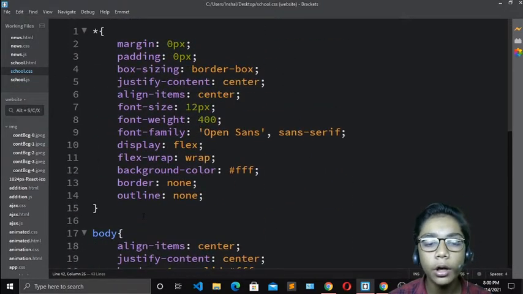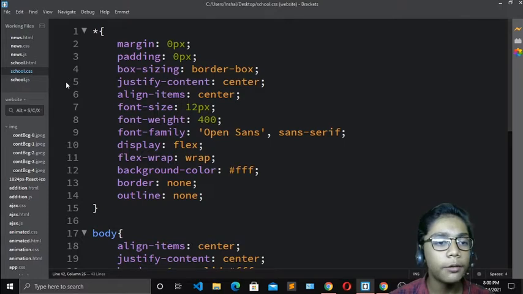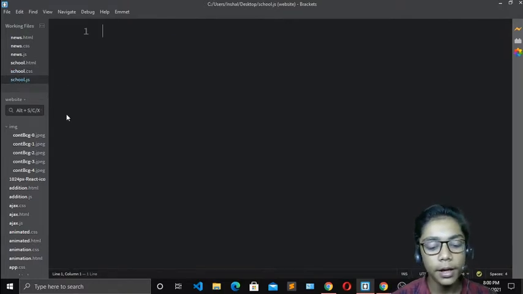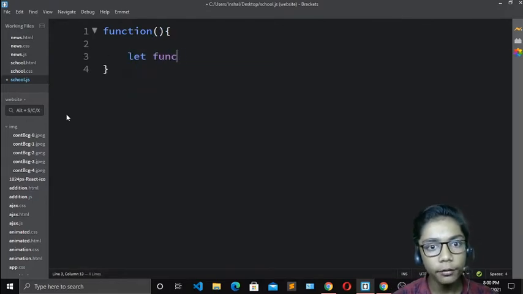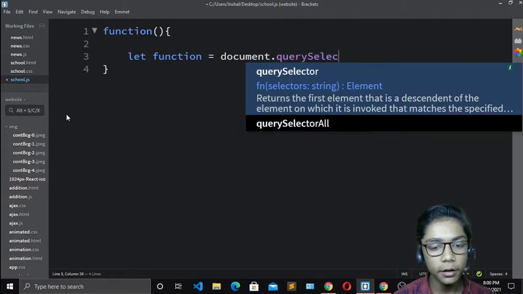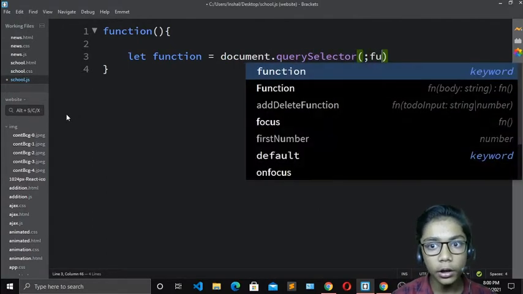So now we have to do all the work with our JavaScript file. Okay, so I will just open my JavaScript file, and first of all I will add function, then I will add brackets, and over here I will come. Now I will define let function equal document dot query selector, and now right over here only function,